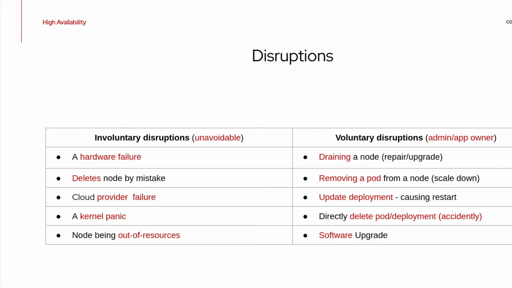And we have voluntary disruptions, which typically occur by the application owner or admins, such as draining a node during maintenance activities, removing a pod from the node, typically during cluster scale down, where it removes the node from the cluster, modification to the deployment, causing a pod restart, deleting a pod or deployment from the cluster, or application